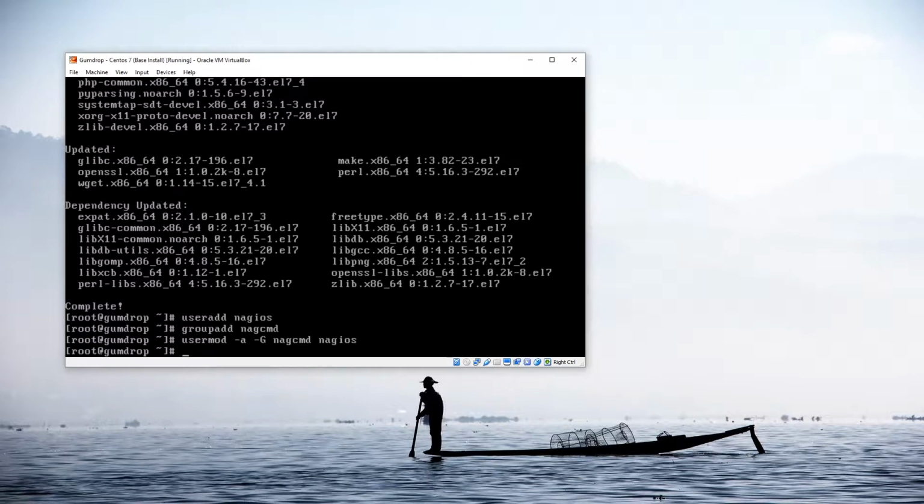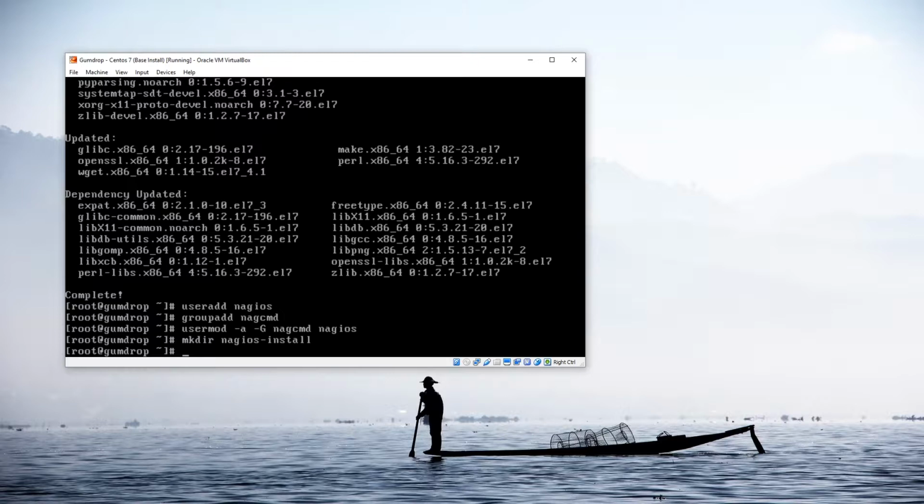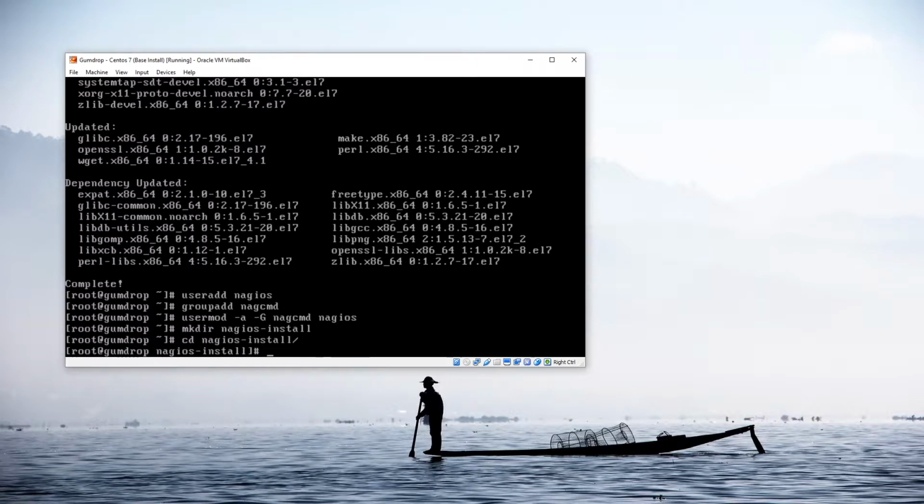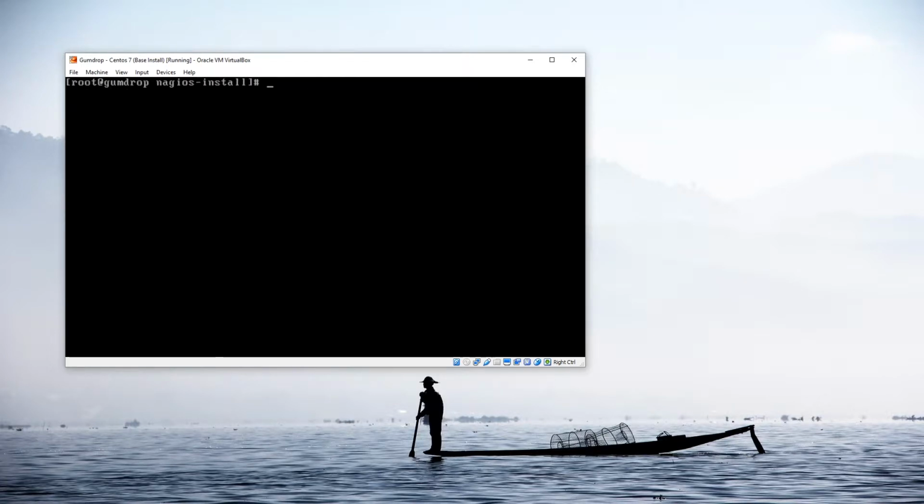At this point, it is time to download the Nagios source code and get ready to compile it. The first thing I always do is to create a directory to download the software into. So I'll type mkdir nagios-install. Then I'm going to change to the directory. Then we use the wget command to download the software from the server. The command for this is wget